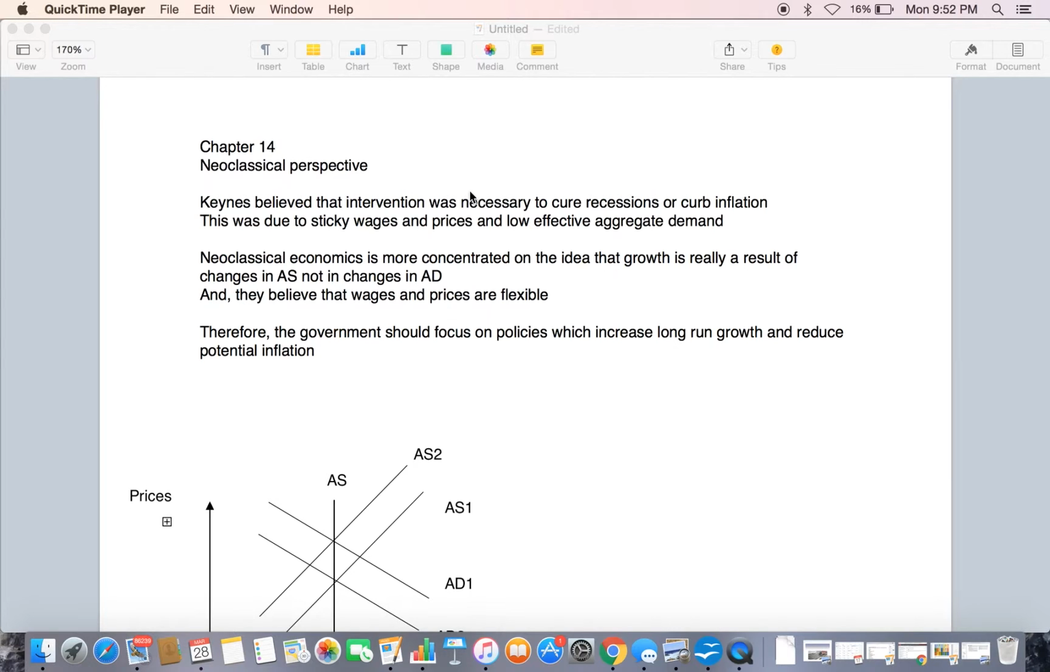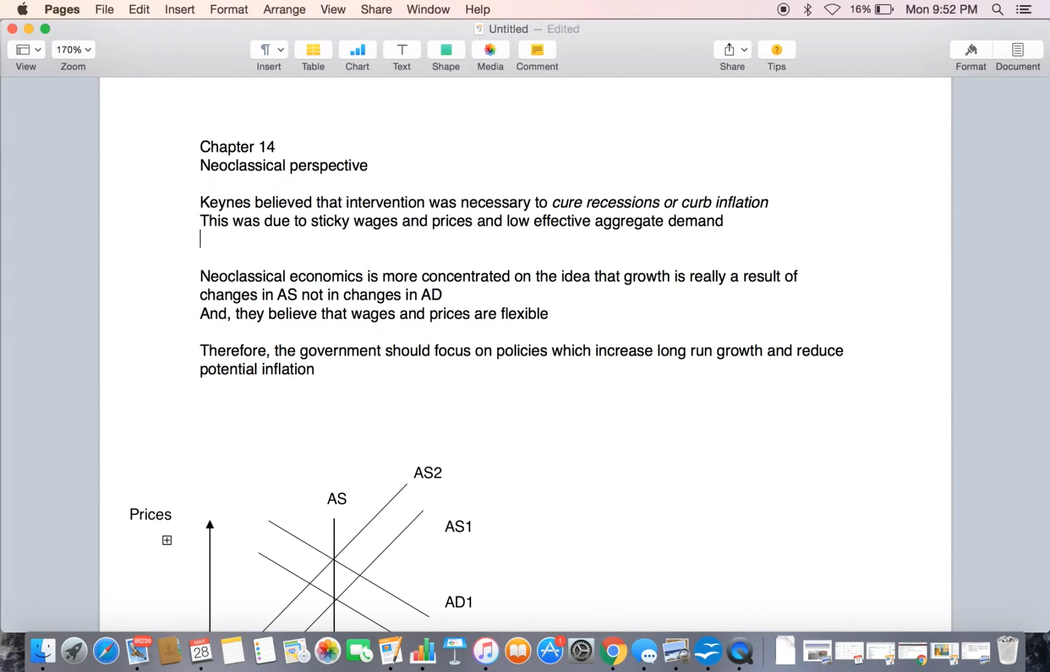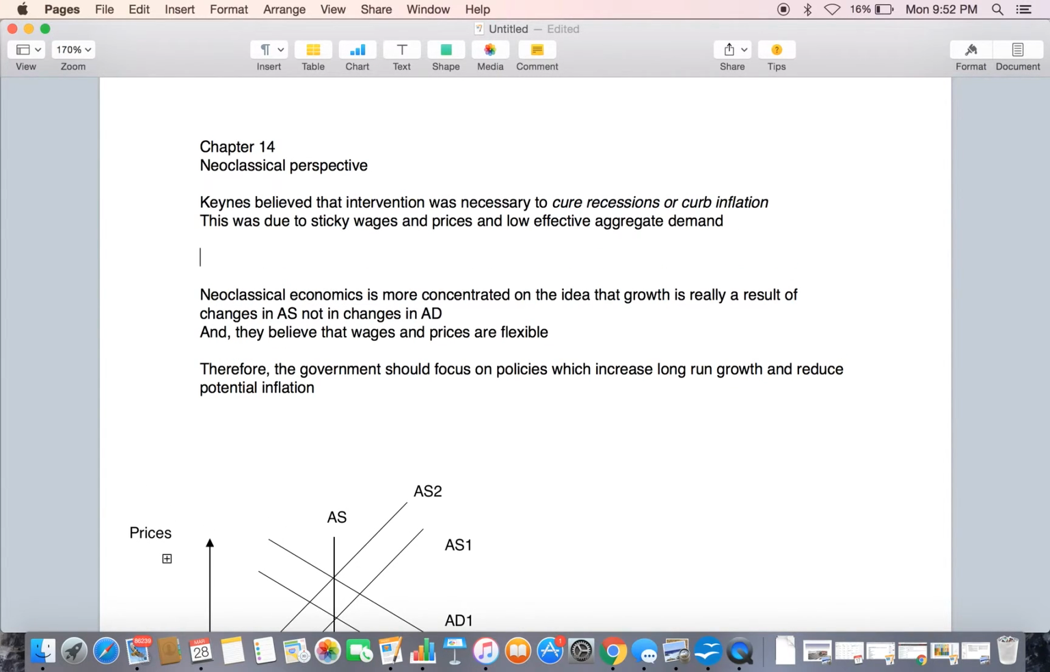Basically, the idea that wages and prices are not sticky and that the economy can come out of a recession or curb inflationary pressures on its own without the aid of government intervention. So Keynes believed that intervention by the government was necessary to cure recessions or curb inflation. This was due to sticky wages and prices and low effective aggregate demand. So in the Keynesian model,